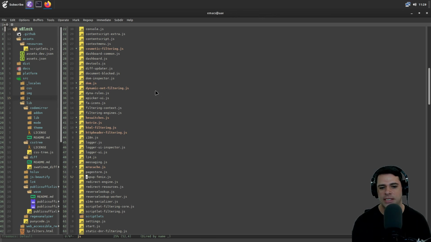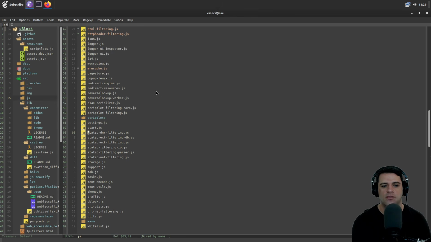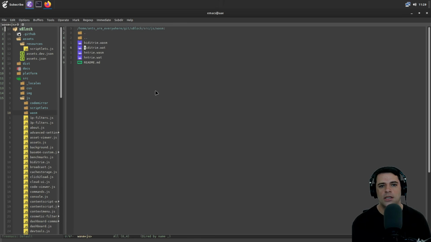Pop-up Phoenix. I think Phoenix is somehow related to Firefox. Maybe it's Firefox pop-up stuff. Reverse lookup, presumably for like DNS, reverse DNS. Scriptlets is a whole directory of little scripts. We peeked at it. I'll mark it in case we need to look more at it. Text and code theme is not so important. Maybe we'll look at uBlock.js, traffic.js, and there's some WebAssembly here, which is a bunch of Trie trees,